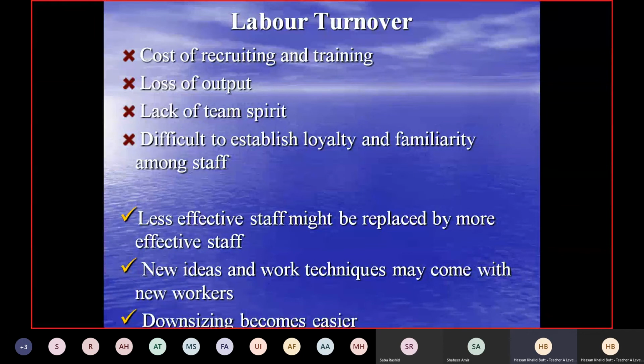Now, what you will do as an organization is you will not hire further workers. That is it. If employees are leaving, unless it's a very important job, you will let them go, all right, and you won't hire more. So this will help you to downsize. Downsizing.